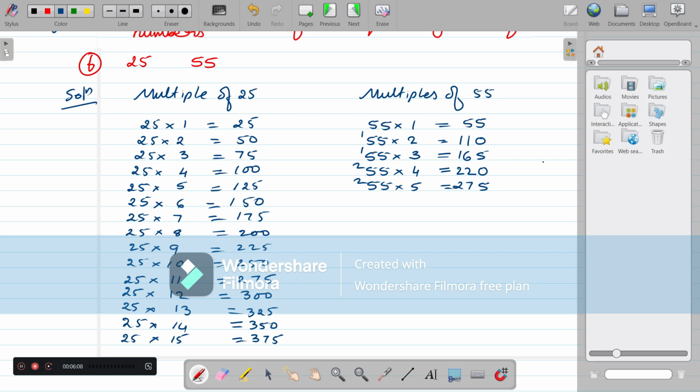So now I will check the common multiples. We have already checked till 10 times. Now I will check the 11th. The 11th multiple of 25 is 275 and the fifth multiple of 55 is 275, which means we got the first common